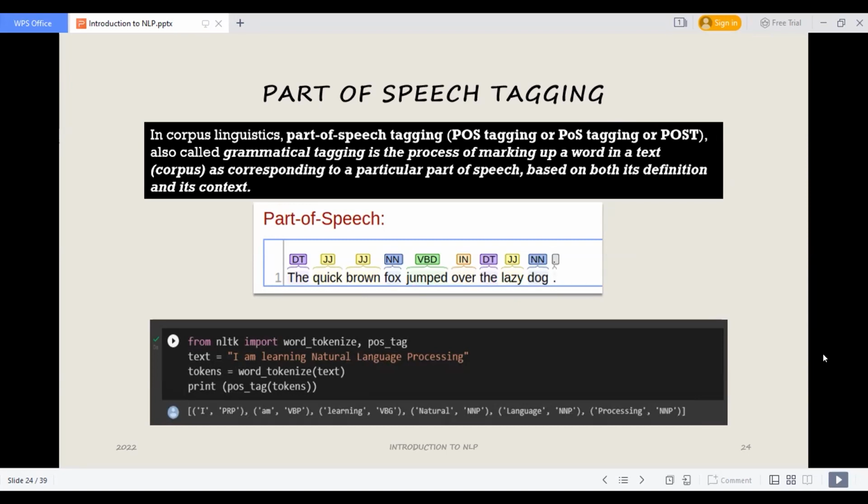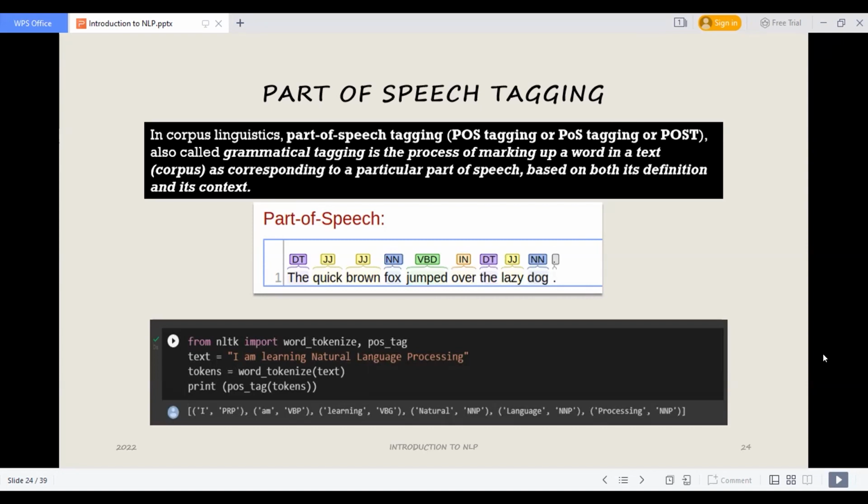So this is how part of speech tagging is important in NLP to analyze the sentiments of any word or any sentence, such as any tweet, feedback, or comment anywhere.